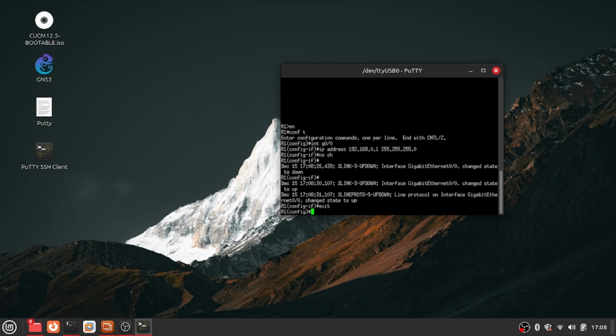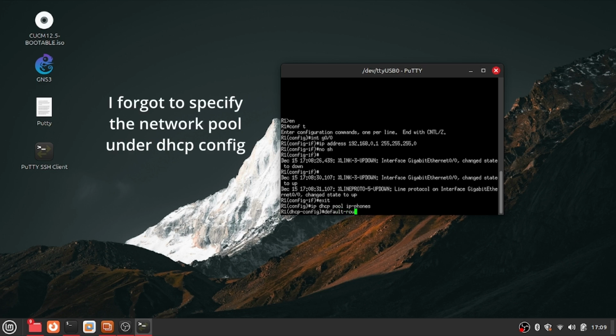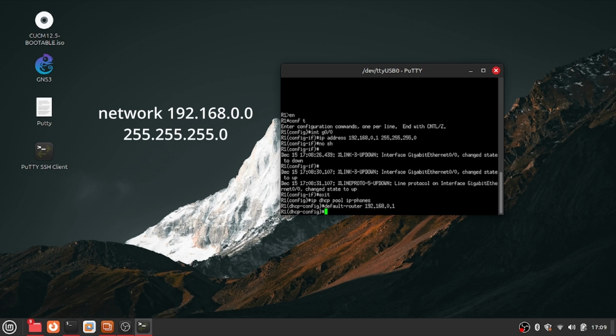Okay, exit, and now let's configure our DHCP pool. IP DHCP pool. Let's name it, for example, IP phones. Okay, default router in our case will be the interface address between the router and the switch. Default router 192.168.0.1 and option 150. What this option does, essentially, it tells the phones what is the address of the TFTP